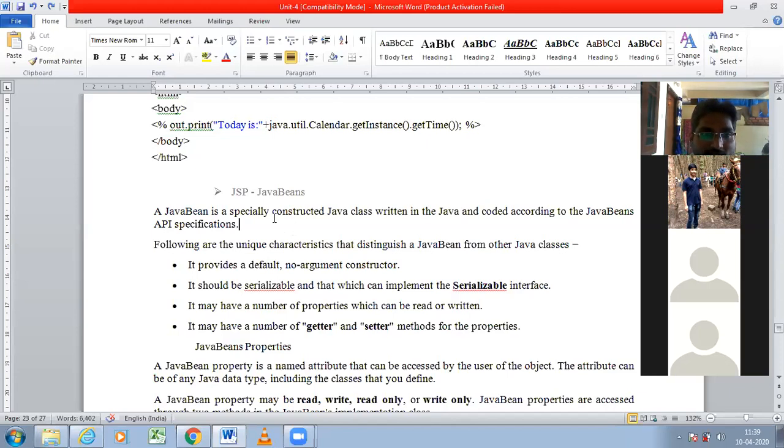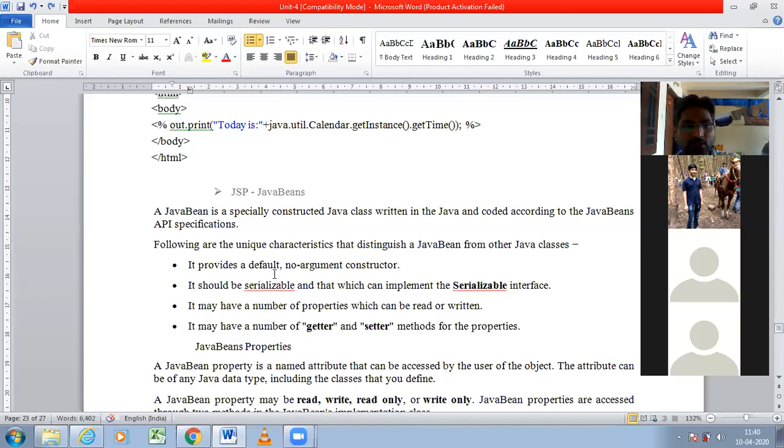That is Java Beans code. What actually Java Beans means: this is a specially constructed Java class, everyone knows about that.